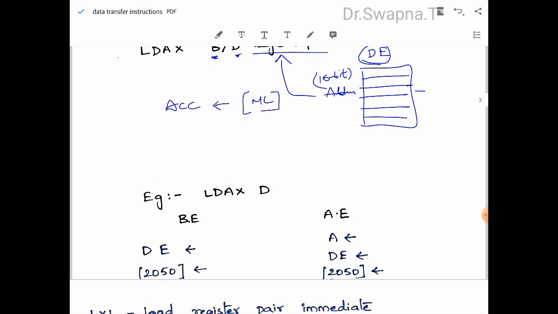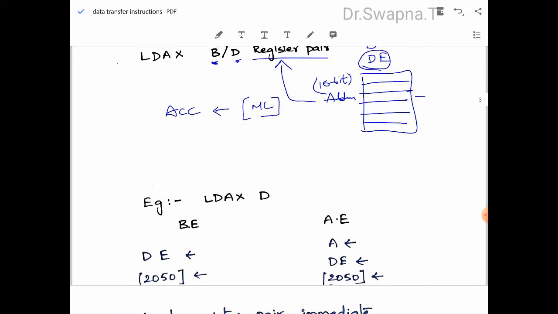Assume that 2050 is the content of the DE. Means 20 in the D register, 50 in the E register. And also assume that in the memory location 2050 there is some data 0AH. So after execution, what happens? As you know that